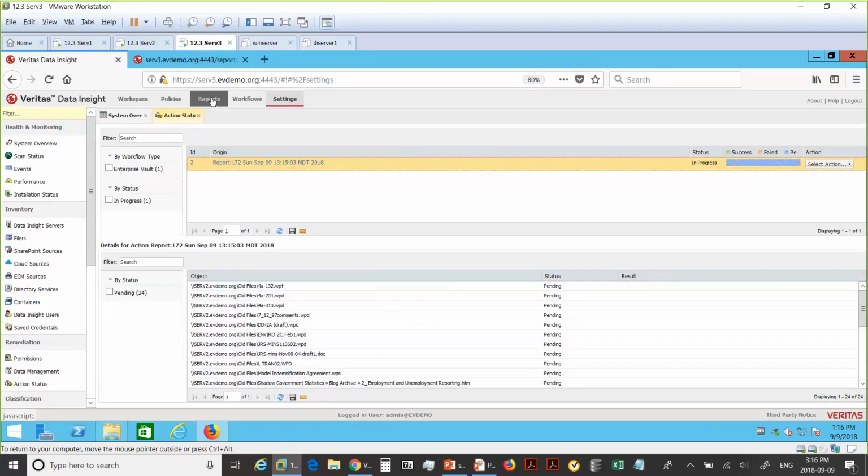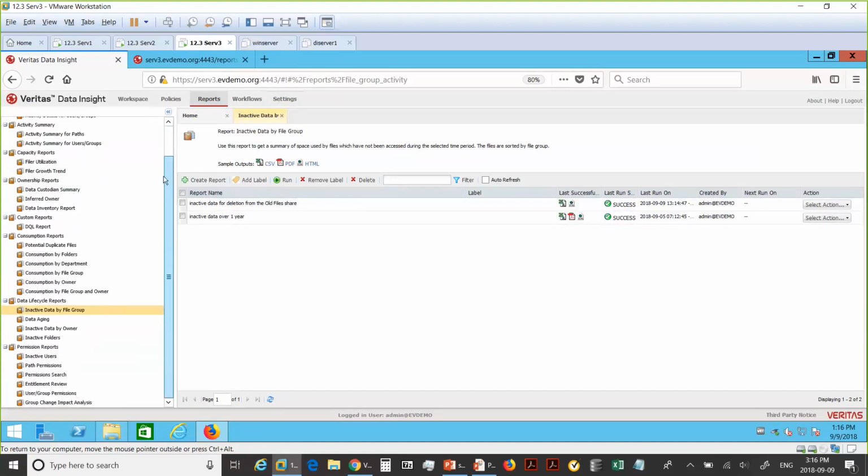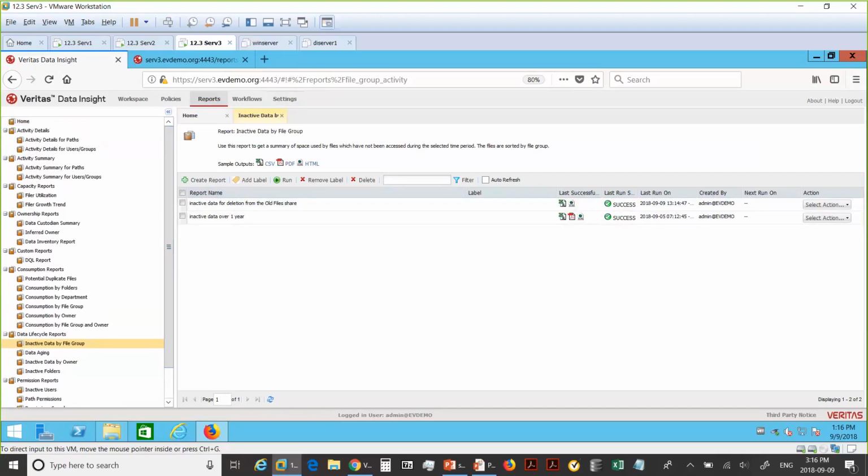Let's go take a closer look at the report and some of the options that are available to you in that report, because these reports don't necessarily have to be only about file deletion. There's a lot of different types of reports that you can create with Data Insight. And essentially, these reports are also very highly customizable. And so with these reports, you can target information based on its metadata, based on its permissions, based on its activity history, or based on its content classification. And slice and dice these reports in any way that might make sense for you and your organization's particular use